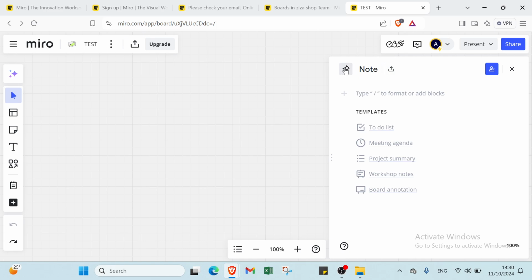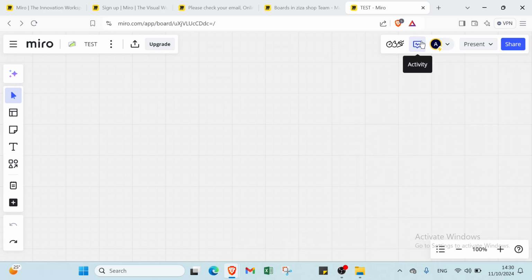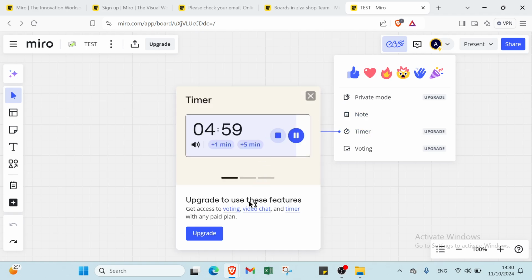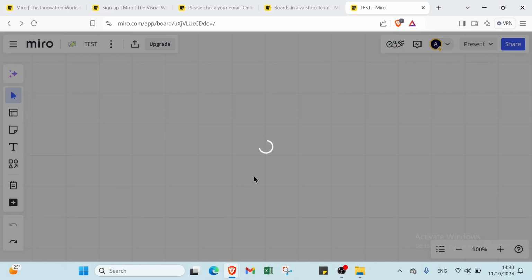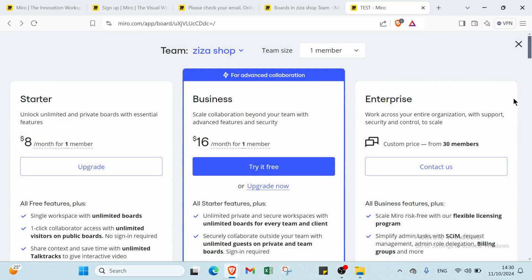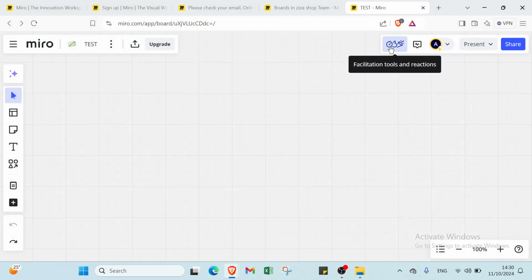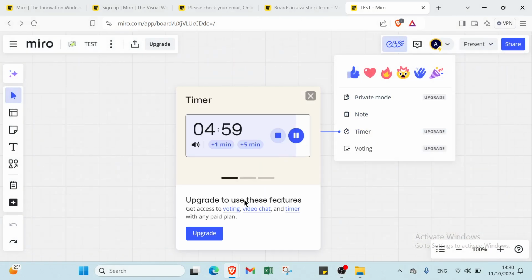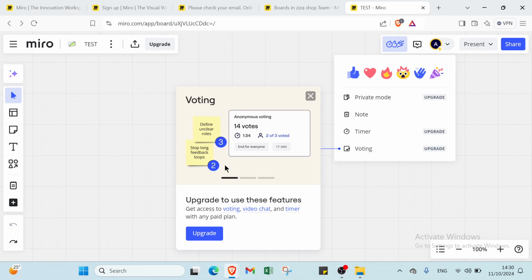Then you have here if you want to transform it, important or rectangle. Then we have here activity and also timer here. You can just click over upgrade and you get started with that. Then we have here voting also, as you can see,